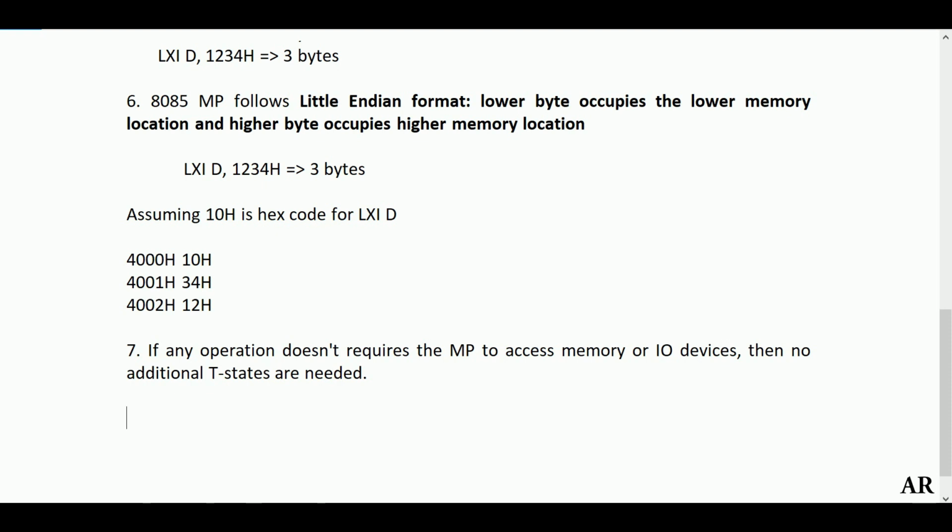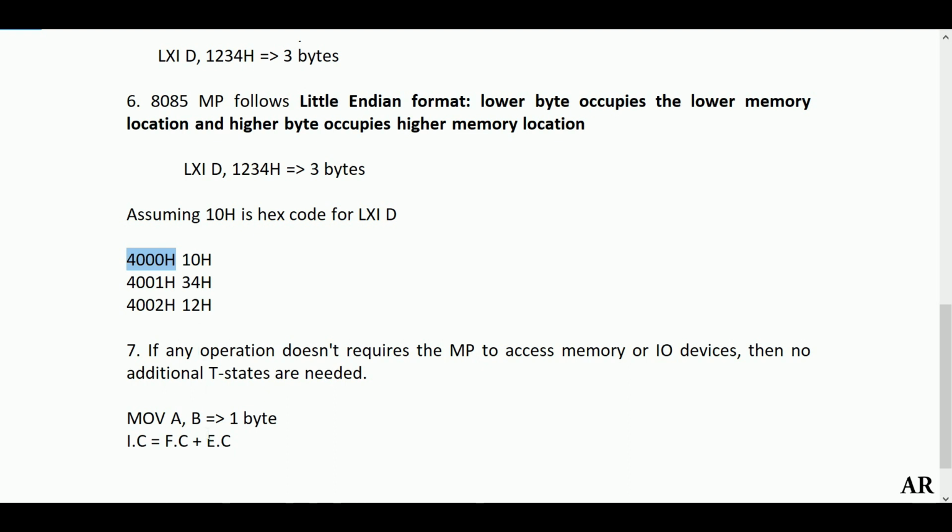First example is the most simple one, MOV A, B. So here, how will we be determining the instruction cycle? I can write instruction cycle equals fetch cycle plus execute cycle. Now this instruction is of how many bytes? I can write this is of 1 byte. We have discussed it above, so I will not be repeating it here. Now a 1 byte instruction will be stored in the memory. Suppose this MOV A, B has a hex opcode, you can assume anything; otherwise, if you want the exact data, you can refer to the data sheet. I'm assuming the hex opcode is 35H. So 35H will be stored in some memory location, you can assume 4000H.